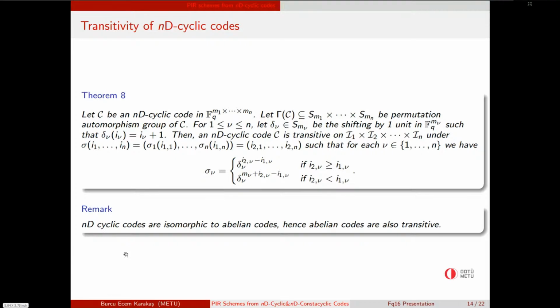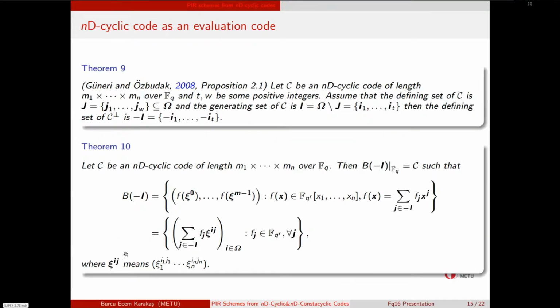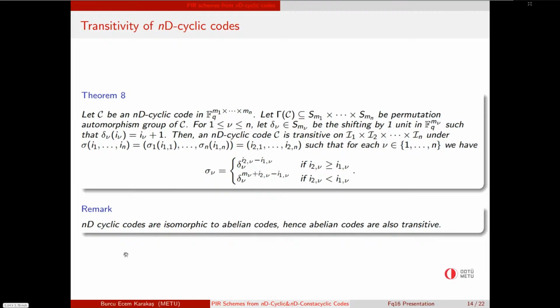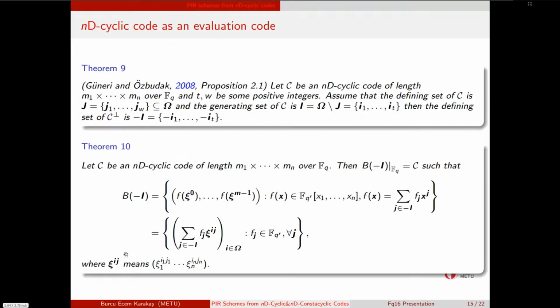Therefore, we can use these for PIR schemes also. Okay. So what Cascudo did for the cyclic codes, this idea was improved by Güneri and Özbudak in 2008 for the ND cyclic